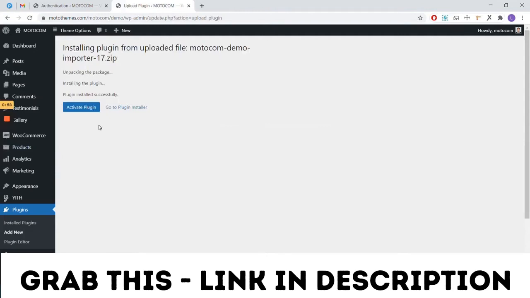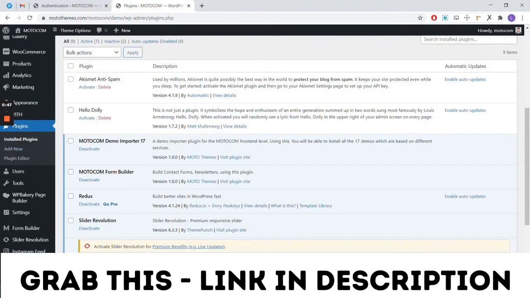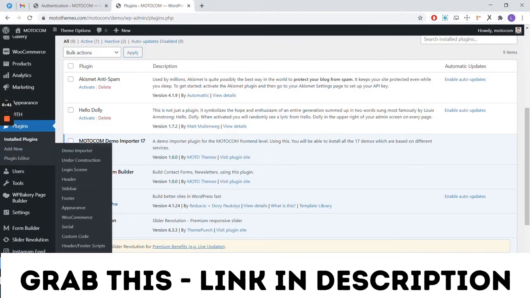After the successful installation of Demo Installer plugin, we need to activate the plugin. After successful installation of the Motocom Demo Importer, we can see the option of Demo Importer in the Themes option.